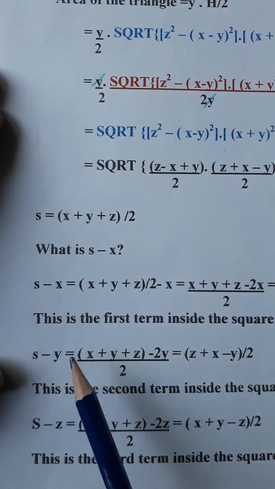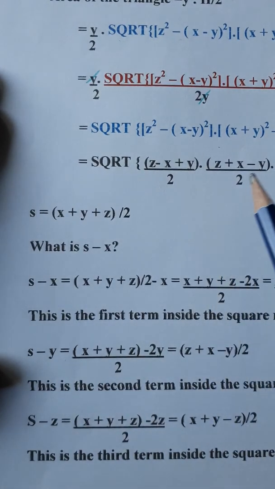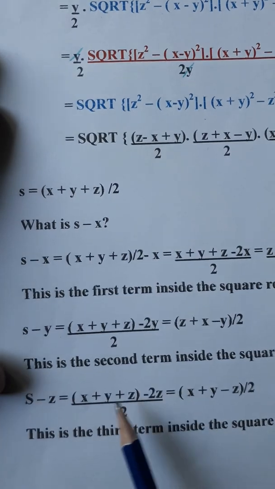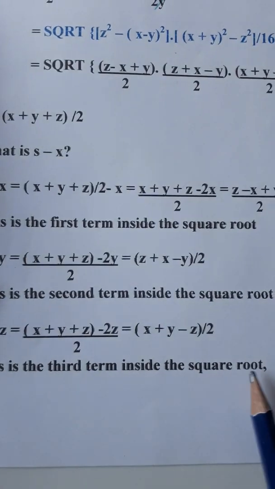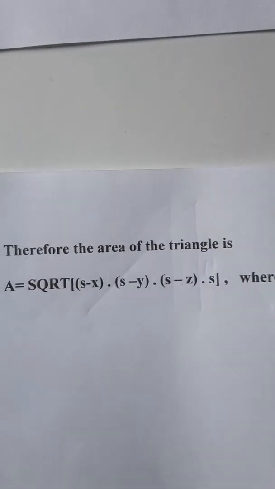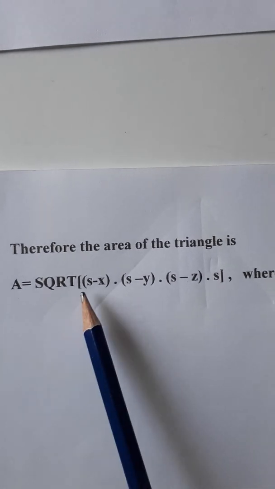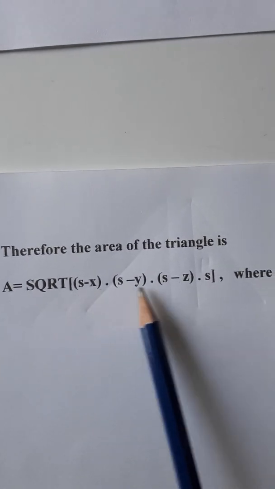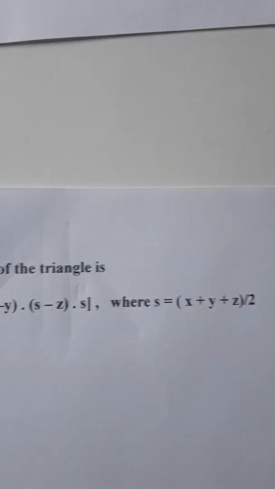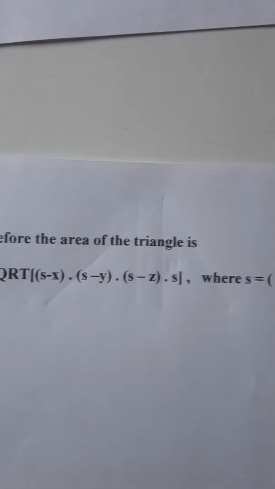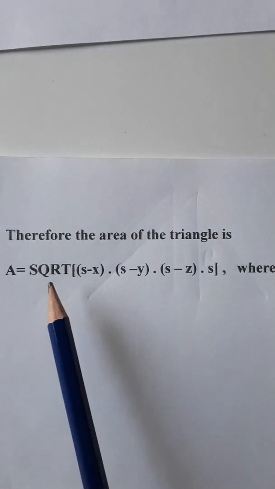Similarly, if we work out s minus y, we end up with this. It is the second term inside our square root. Similarly, s minus z becomes this. It is the third term inside our square root. So finally, we end up with the area of the triangle is the square root of s minus x times s minus y times s minus z times s, where s is x plus y plus z divided by 2. So when you know the 3 lengths of a triangle,